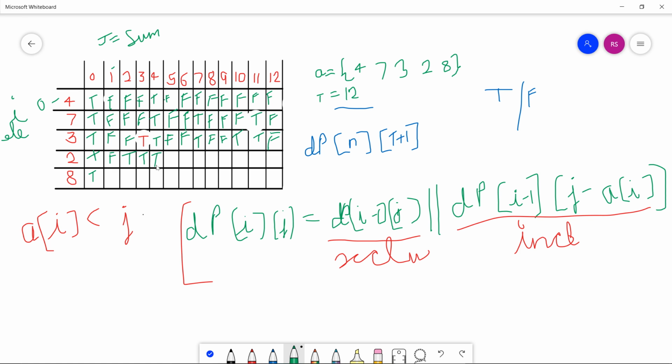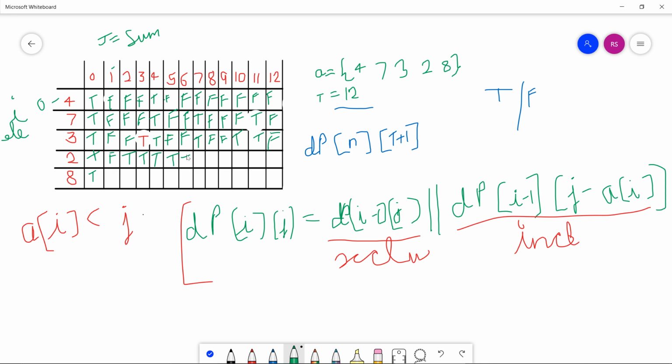Now j is greater than ai, which is 2, so we apply this formula. If we exclude this 2, it gives false, and if we include this 2, we go to the cell at 5 minus 2, 3, which gives us true, so we store true here.